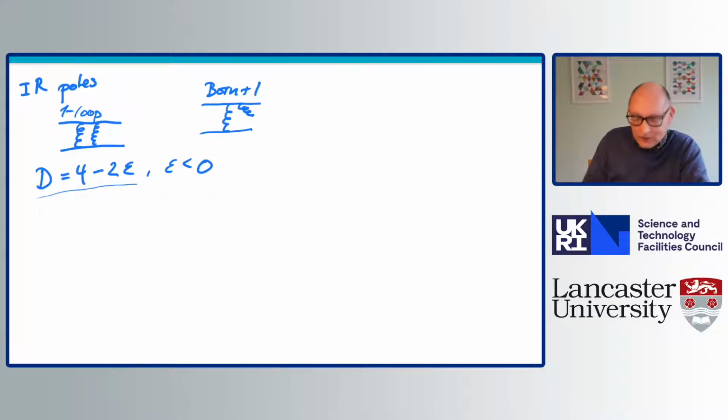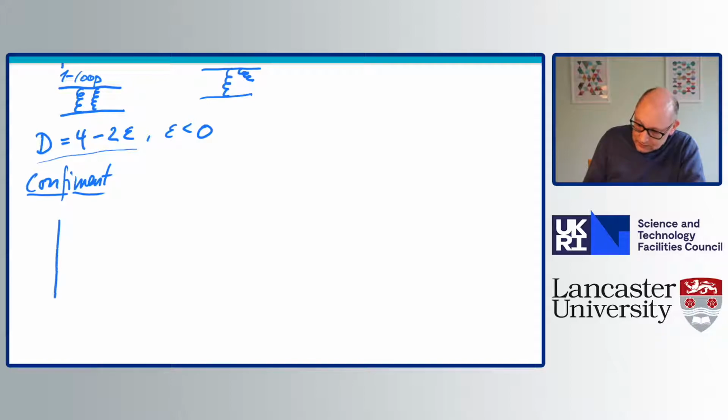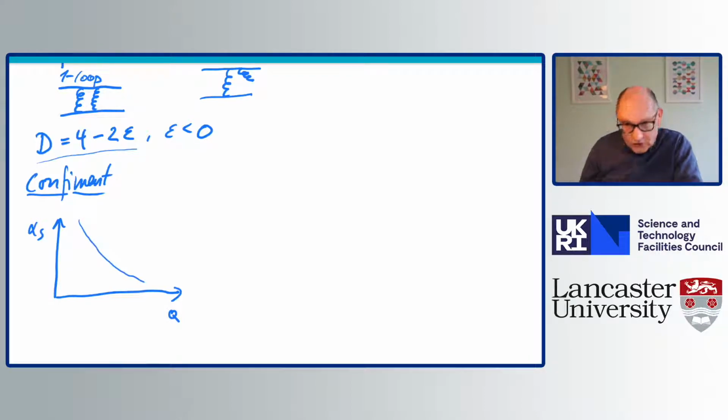The final bit we'll discuss is confinement and PDFs. So confinement, QCD confinement. What does confinement mean? Well, confinement means that essentially, because of the evolution of alpha S, the QCD fields are confined within the hadrons. You don't see colourful quarks flying around. They're always confined in colourless hadrons. And the reason is, essentially, that